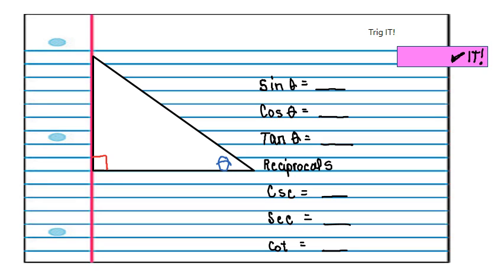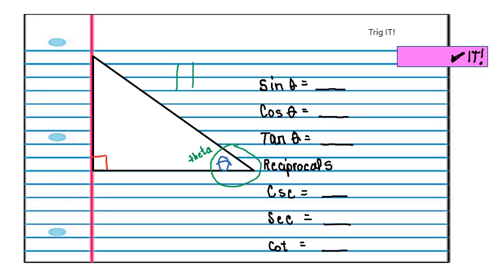Okay, let's look at your basic trig ratios. Now, remembering that the funny little O with the frown in it is theta. It's our target angle, basically this particular angle here. So first we always make a target, and then the next thing we do is identify where the hypotenuse